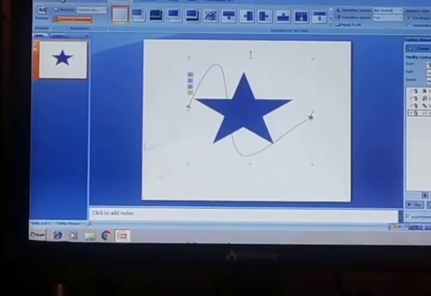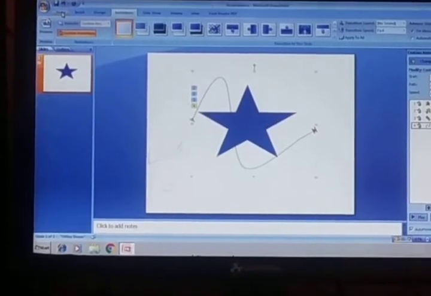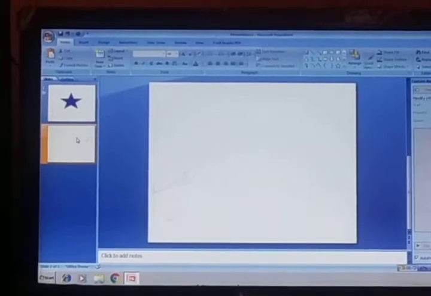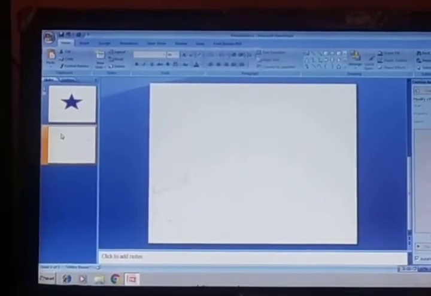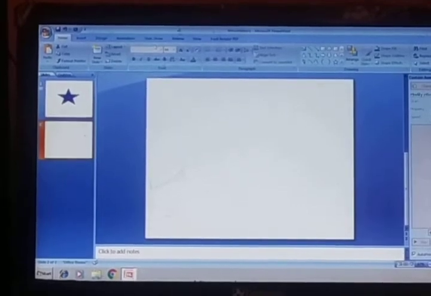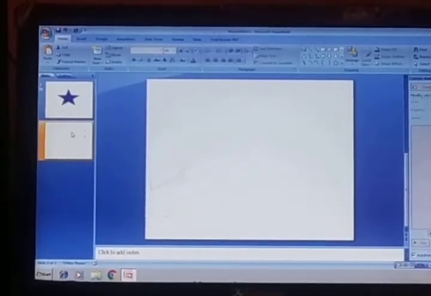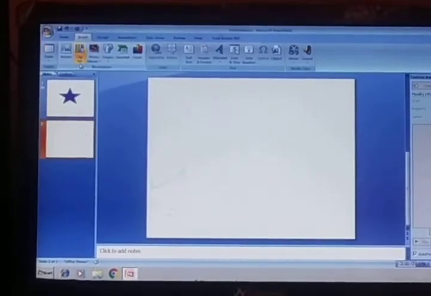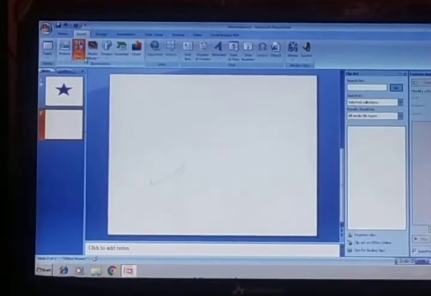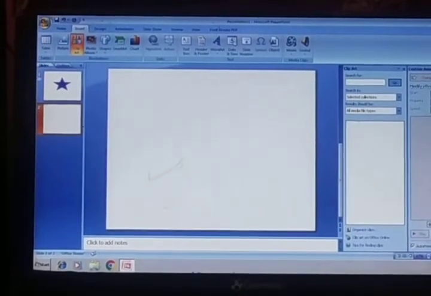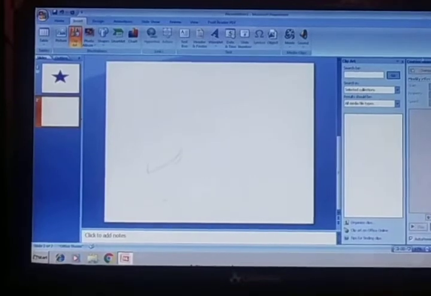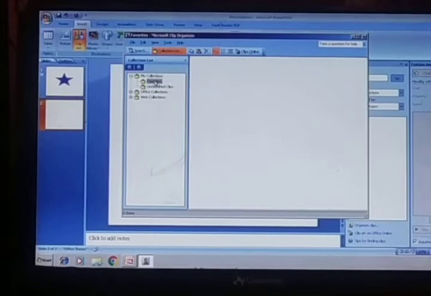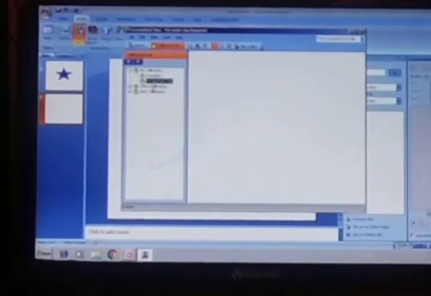Okay students, you can create your own slide also. Go to the home tab and click on new. Here it's your homework. Choose layout. This is a blank slide. You can insert a picture, clip art, organize clips, favorites, my collection, office collection.